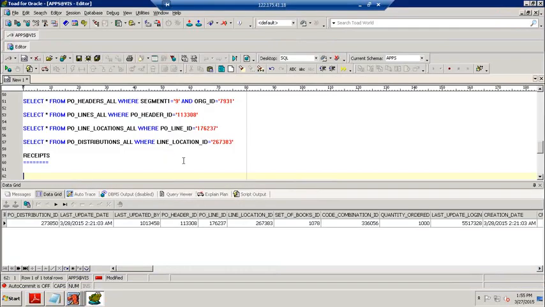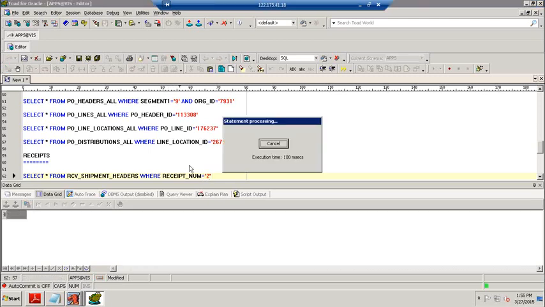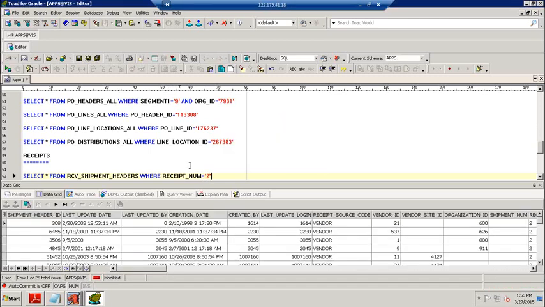Now go to find out RCV shipment headers where receipt num equal to 2. So here we are getting a lot of information. How are we going to understand what our receipt is?